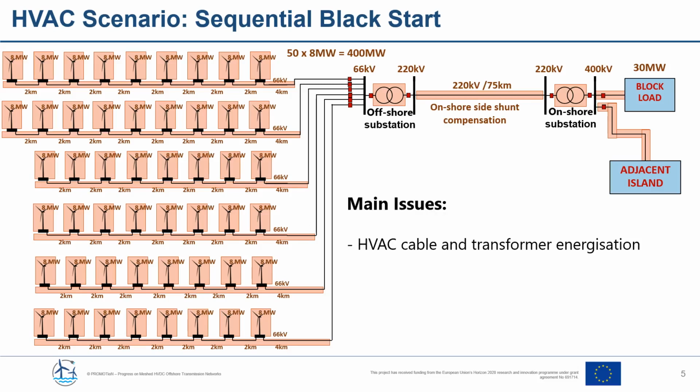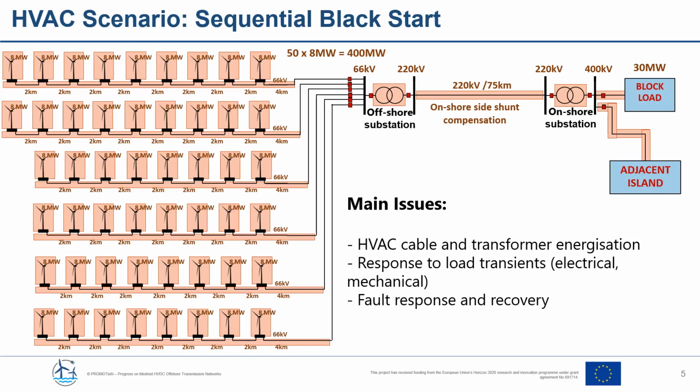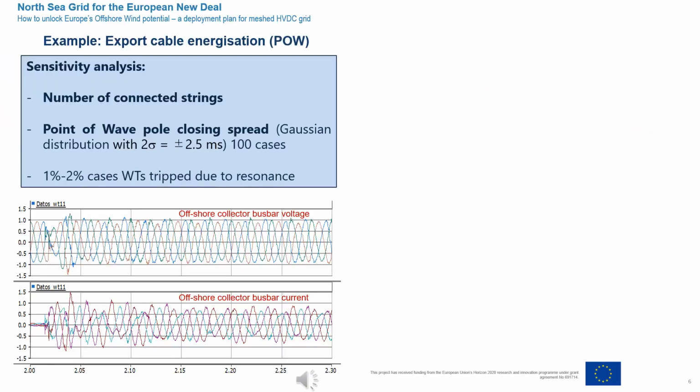The main issues are HVAC cable and transformer energization, response to load transients, and fault response and fault recovery. We have carried out quite a lot of simulations for the different cases, considering sensitivity to the number of strings connected, the power that is available, and even the point of wave closing of each one of the breakers. So this is an example of the results for the export cable energization using point on wave,